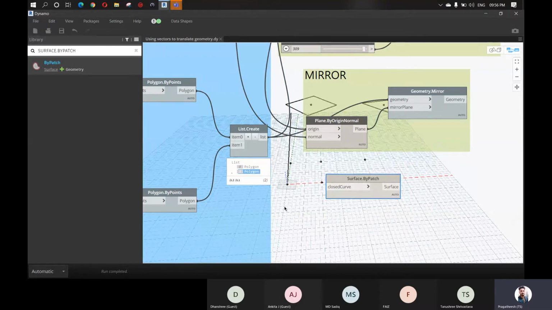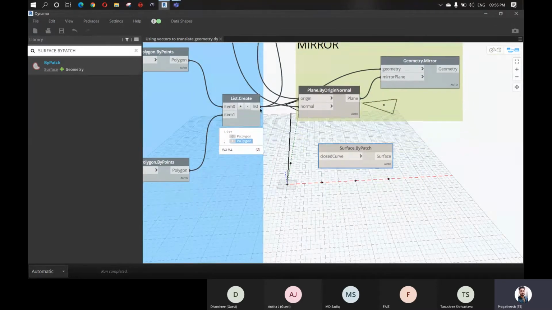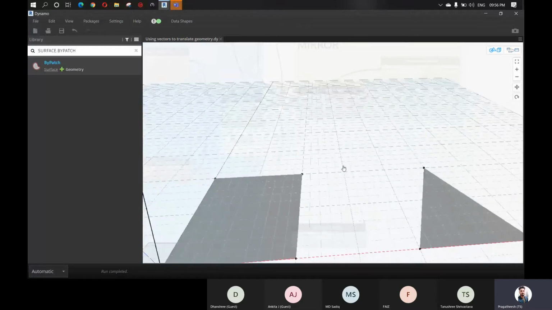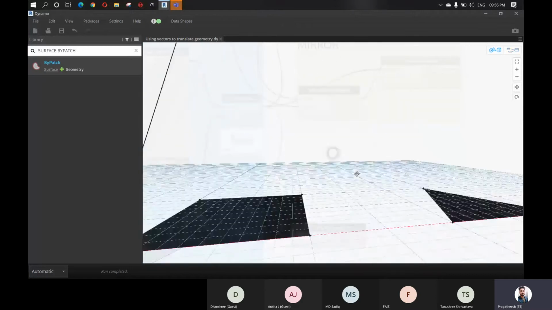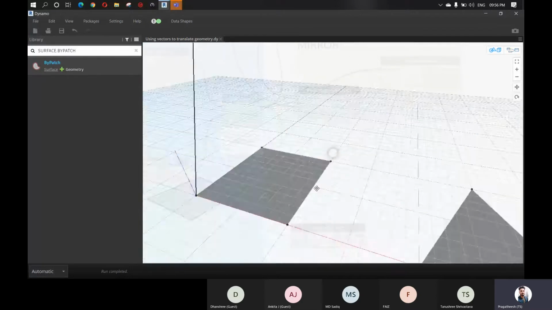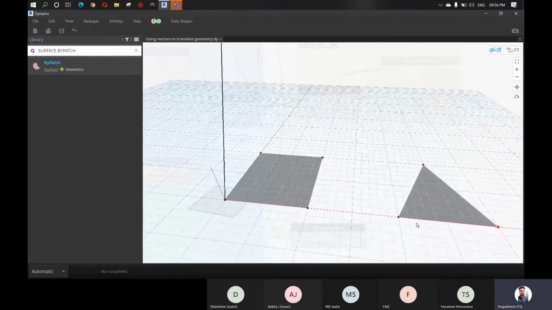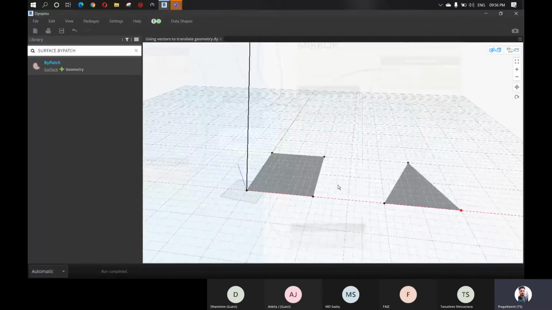It has only one input. So just connect this list to here. And in the background, we can see it just created a surface based upon the lines that are in these polygons, right? Just created a surface based upon these four lines and three lines, right?